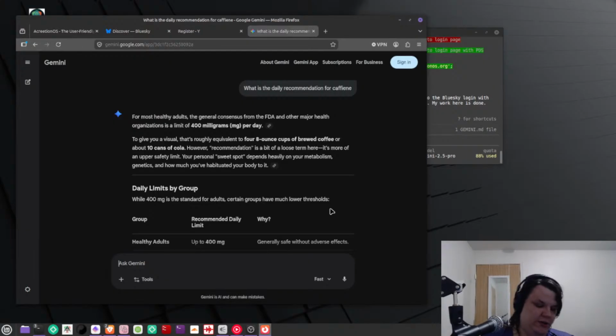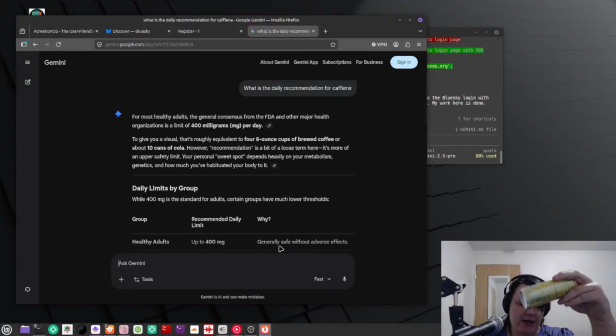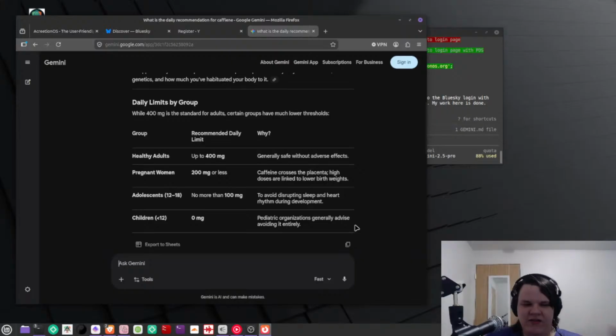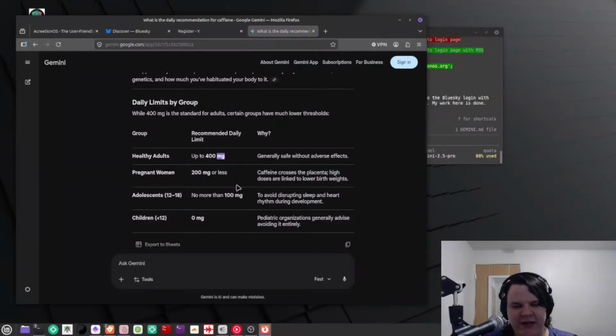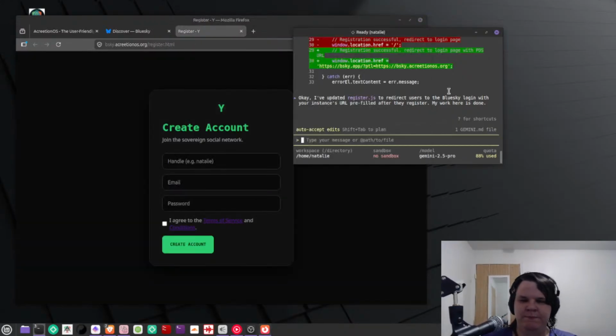How much is in it again? 80 milligrams. Cool. So I could have 5 of these in a day and be okay. So I've already hit 7. Okay, that's pregnant. I'm not healthy, but this is good enough, I guess. Close enough. So I can have 5 of these a day. I've had 7, so I'm 160 over what I'm supposed to. This is my 8th. Again, I know I'm not really supposed to drink this, but I'm not gonna sleep. I'm struggling with some stuff right now.